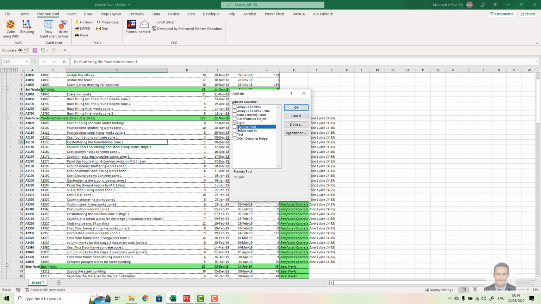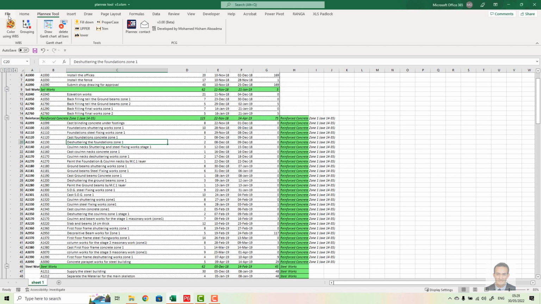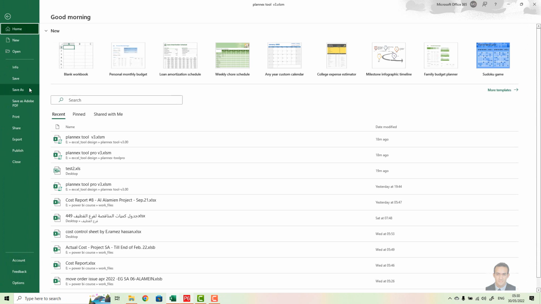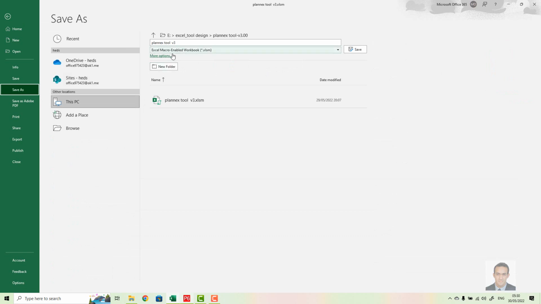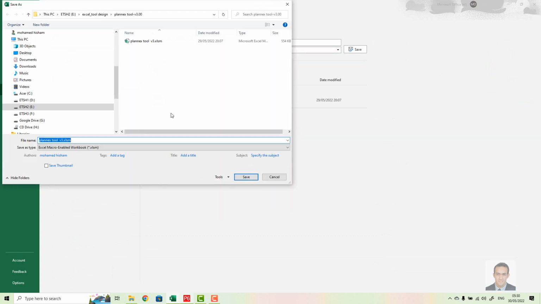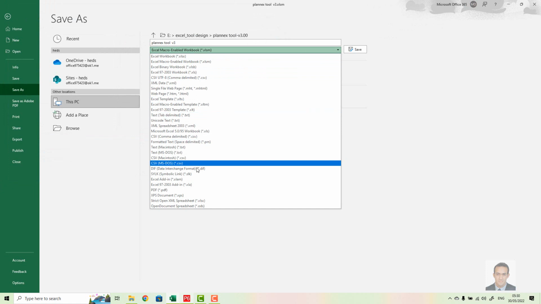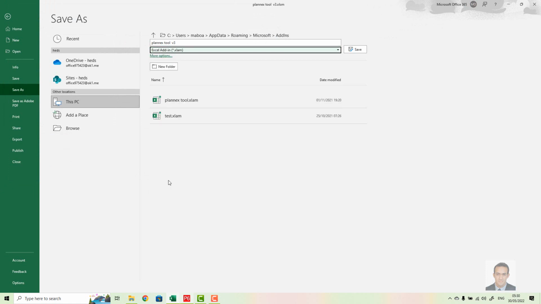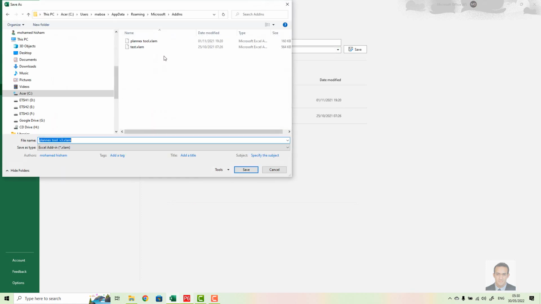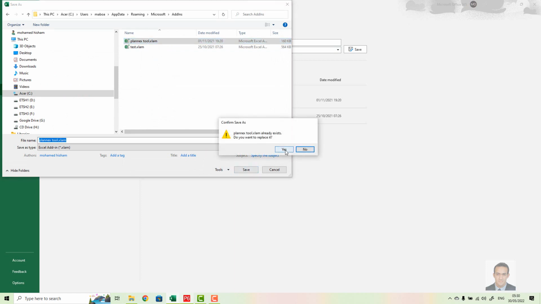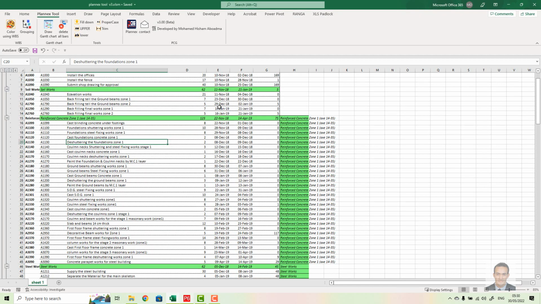If it's checked, please remove the check, and then from here save as, change the type to Excel add-in, select more options and replace the old one, save. But make sure you don't have another Excel file which is running the tool.